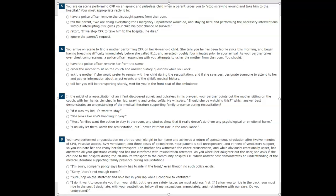Number 6, you arrive on scene to find a mother performing CPR on her 6-year-old child. She tells you he has been febrile since this morning and began having breathing difficulty immediately before she called 911 and arrested roughly 4 minutes prior to your arrival. As your partner takes over chest compressions, a police officer responding with you attempts to usher the mother from the room. You should